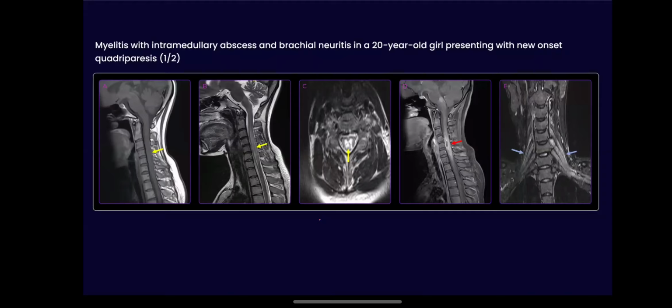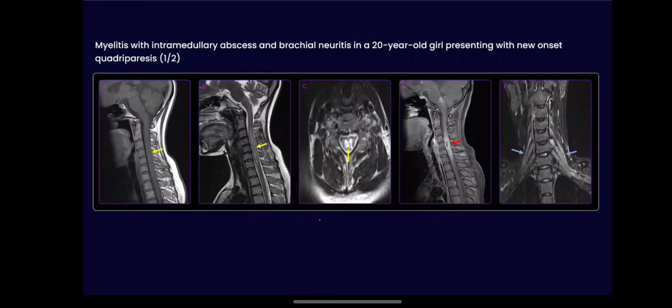This is one of those instances where, when you know that the patient is presented with something like this, it's got to be one of these. So this in fact was a doctor. She was a 20-year-old MBBS student who presented to us with encephalopathy-like symptoms, and she had weakness as well. So we went back and asked for a history, and she had the history of a non-healing ulcer in the